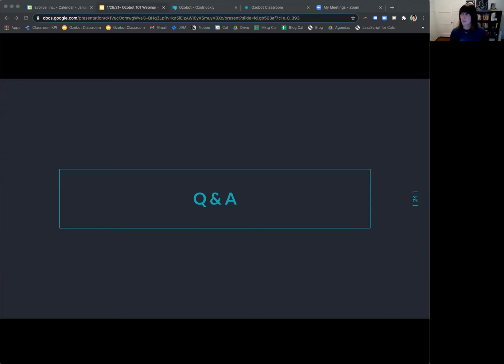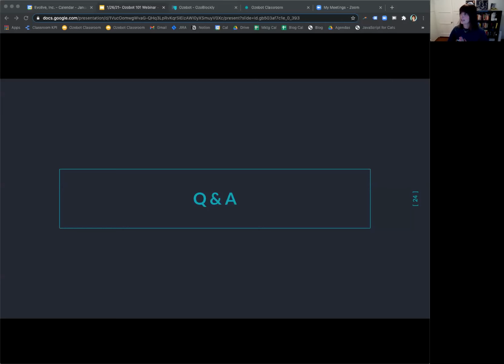With Ozobot Bit, you can use both of the two ways to code, and your students can use both. You can use color codes, you can use Ozoblockly. Bit is not Bluetooth enabled, so the way I used Bluetooth to load my program to Evo, you won't be able to do that with Bit, but you will be able to flash load. That's where students hold their robot up to the screen to load a program. So you've still got access to both of our ways to code with Bit.